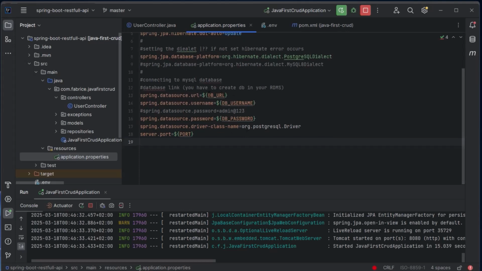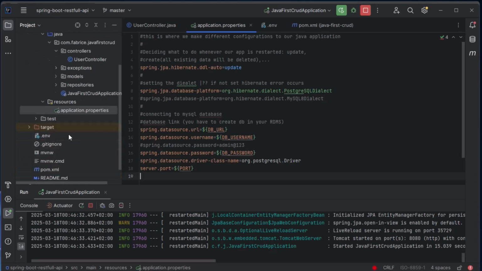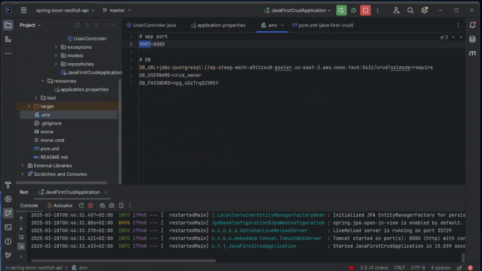So we have the DB URL, DB username, we have the password here, and yeah, let me check our .env file. Everything, yeah, that should be fine.